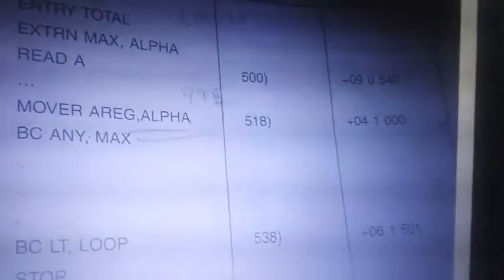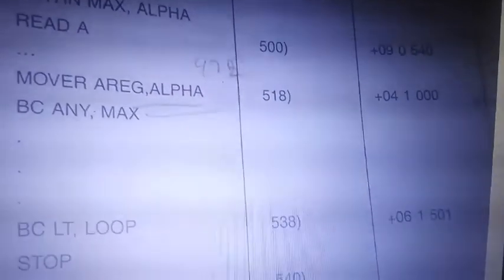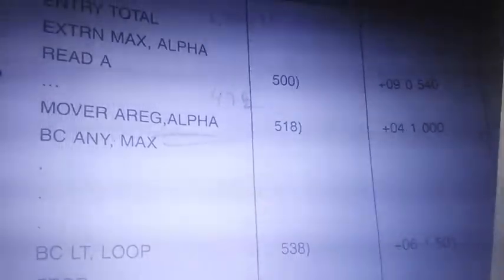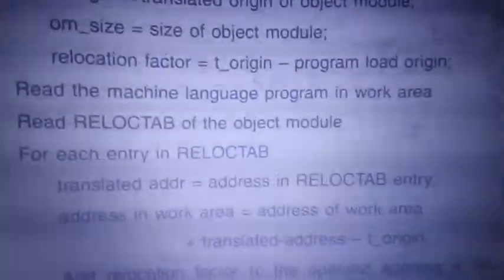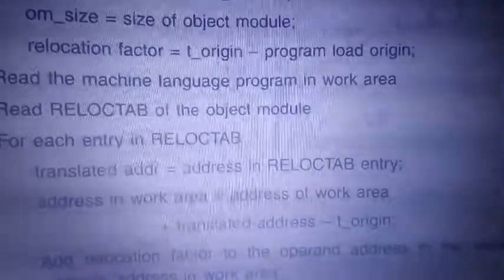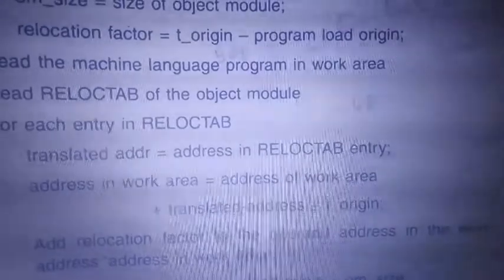Similarly, if I consider the loop, you are working at line number 501. Your reading is 901, right? Read and find the relocatable, which is nothing but the translated address. The address is 501.